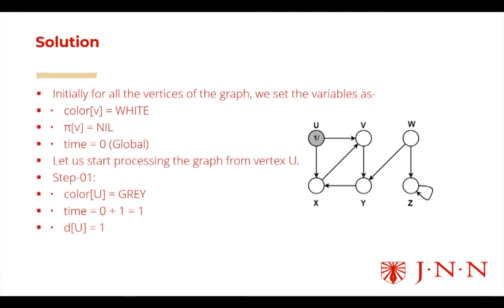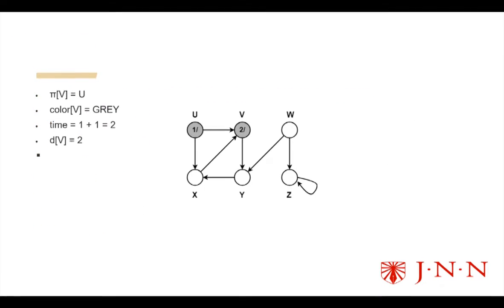Then that vertex turns into gray color. So what is the global unit of time we have stored initially? It is 0, that is reset as the 0th value. Now that time unit gets incremented by 1. So that time unit, 1 unit of time, we have stored on the vertex U. Now